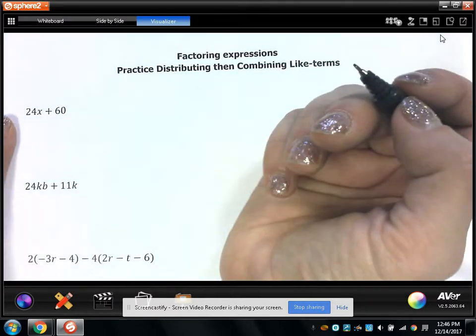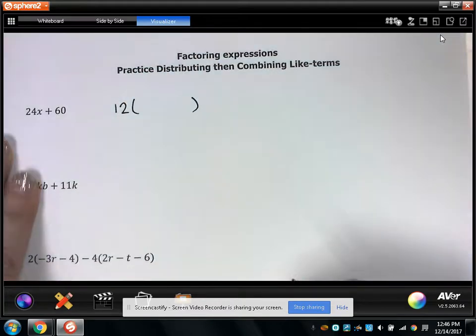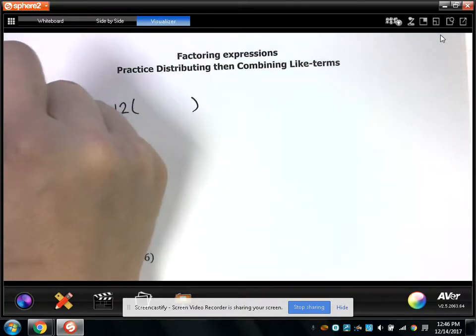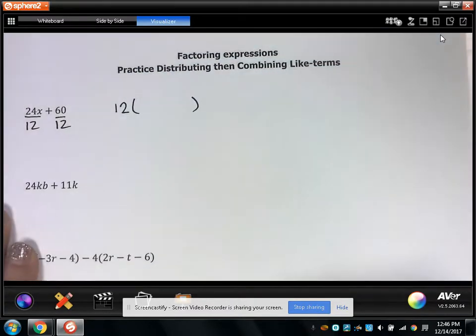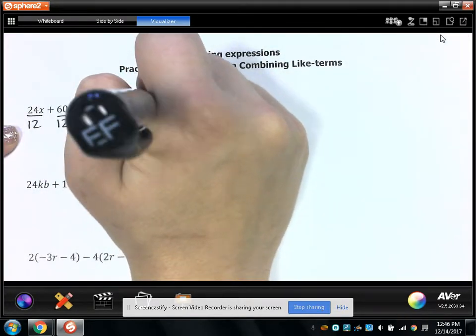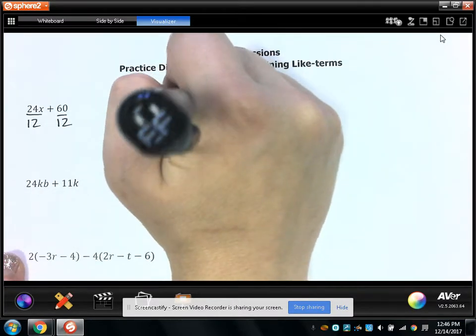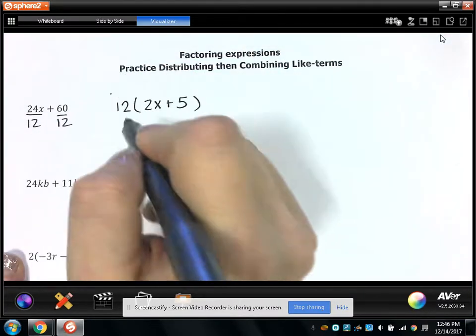So if we did 12, we would write 12 on the outside of a pair of parentheses, and then we divide both of these terms by 12. 24x divided by 12 is 2x, plus 60 divided by 12 is 5. So the answer would be 12